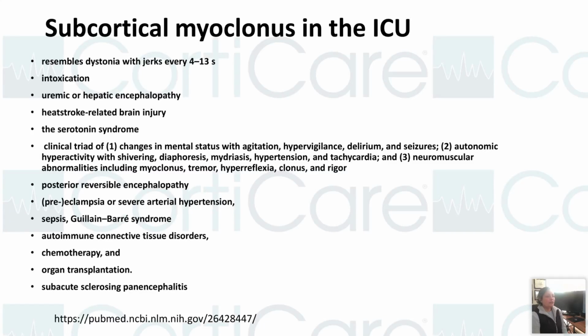Okay. The third type is subcortical. So we talked about two different types of cortical myoclonus and now subcortical. Subcortical myoclonus is not just seen after cardiac arrest, but there are so many other conditions where patients in the ICU present with subcortical myoclonus. And I'm sure we have hooked up these patients to make sure that they are not seizing. So this is some of the list of conditions where the patient will have myoclonus, but it is subcortical.